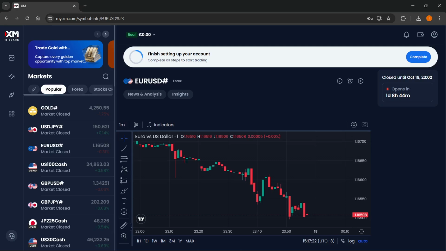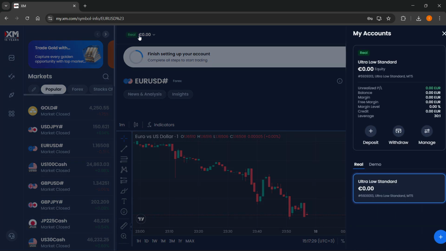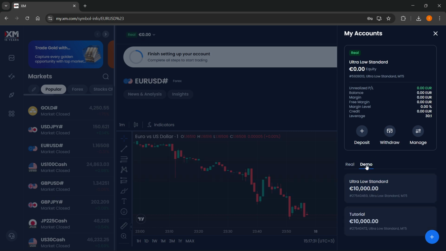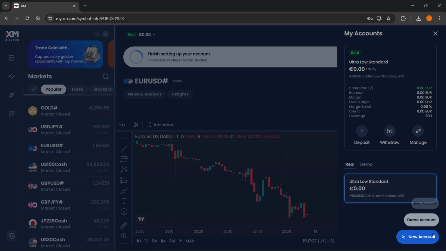In this video, I'm going to show you how to open an additional account in XM. So the first thing you want to do, you want to click up here, and then you want to go to either Real or Demo, depending on which account you would like to open. So if you want to open an additional Real account, click on Real, click on the plus icon, and then